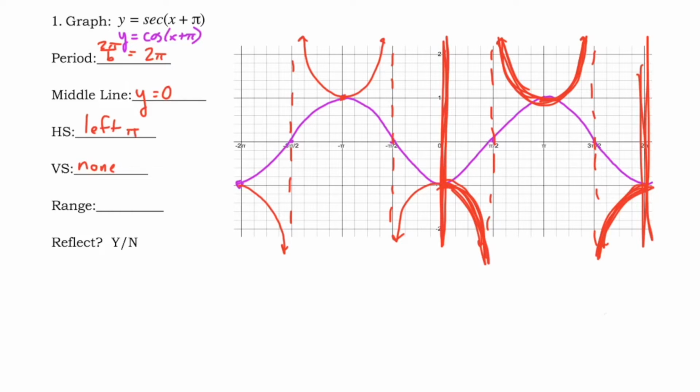And now the range is a little bit tricky to answer with these, because I just want to answer what the range of the secant graph is, and that's just all of the red parts of the graph. So you can see that the top half of the graph goes up towards positive infinity, but it stops here at 1, and there aren't any values less than 1 until we get down here to this point at negative 1. And then it has all these negative values that are less than negative 1,